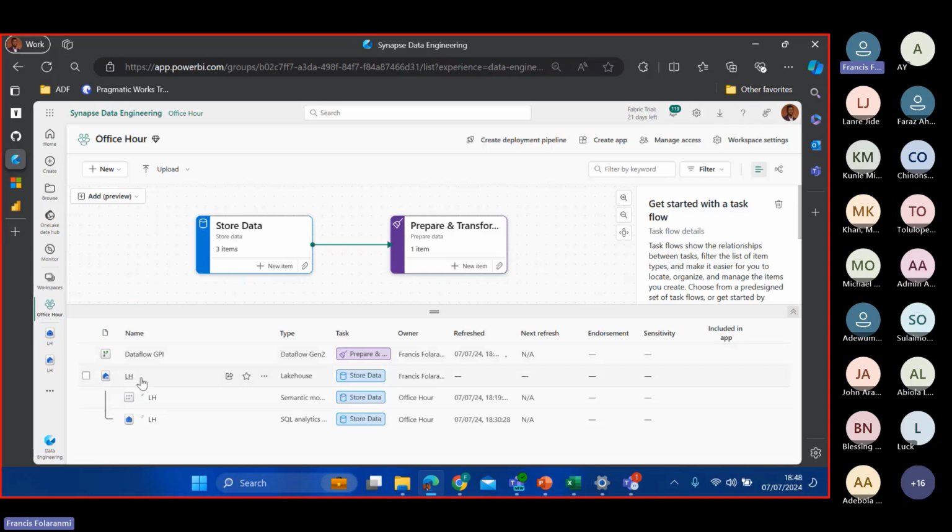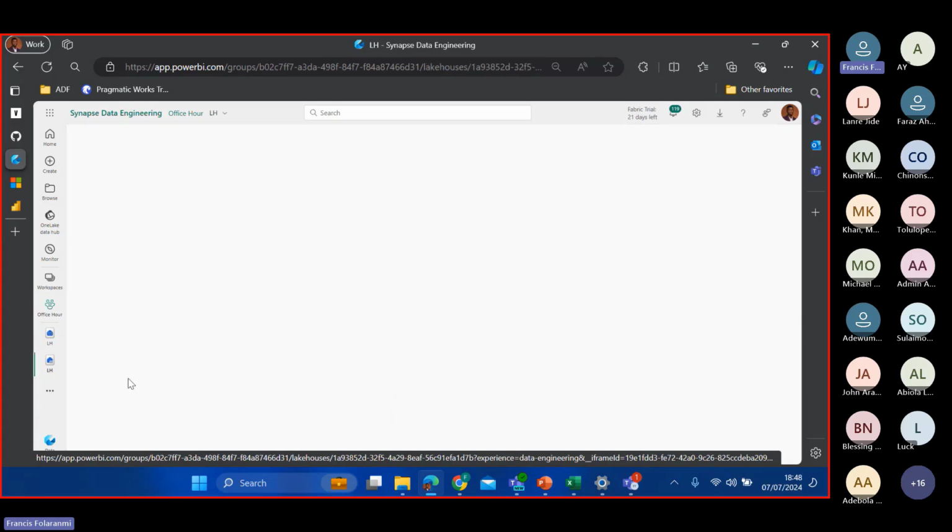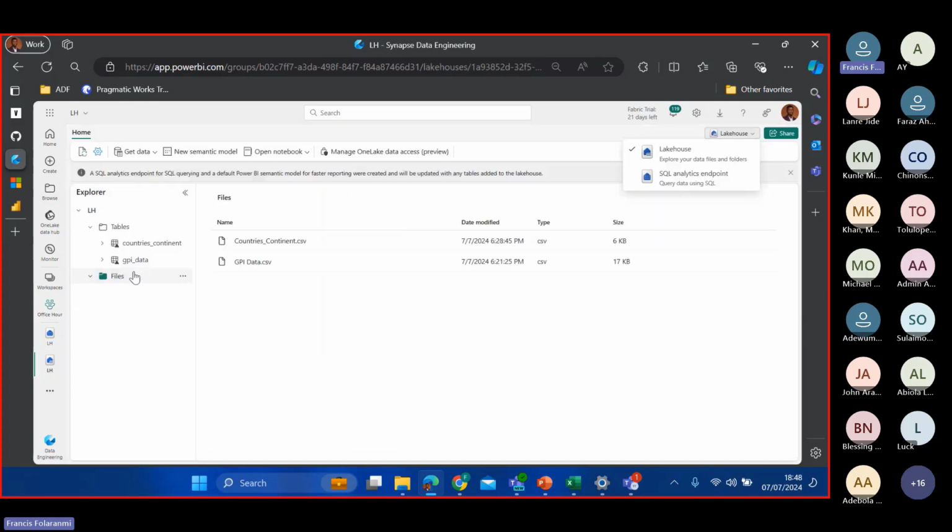While it is loading, let's go back into our lakehouse and check what we have in here. Because it's still loading, we can just click on refresh here and see if the clean data is available. Let's give it some time. Okay, because it's loading, we still have this file formatted. So let me just click on refresh one more time.